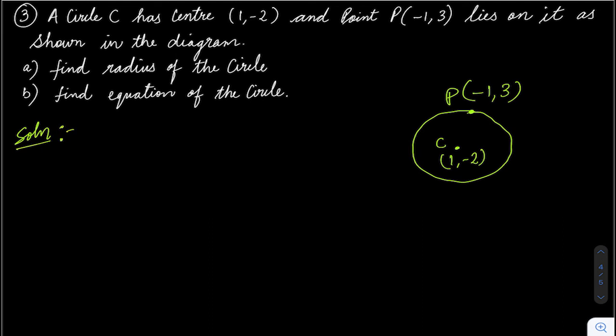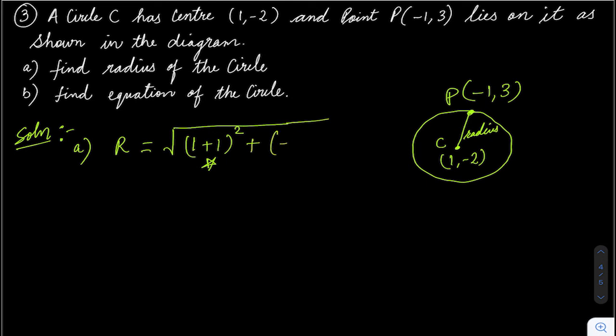Find the radius. Okay, so you can pause the video and try this question yourself also. So this point is given, this center is given. If you find its distance, you will get the radius. So that is what they are asking in A part. So find the radius. So radius will be nothing but square root of distance between these points P and C. So x1 minus x2 whole square. I'm again putting a star here. Just be careful. Plus y2 minus y1.